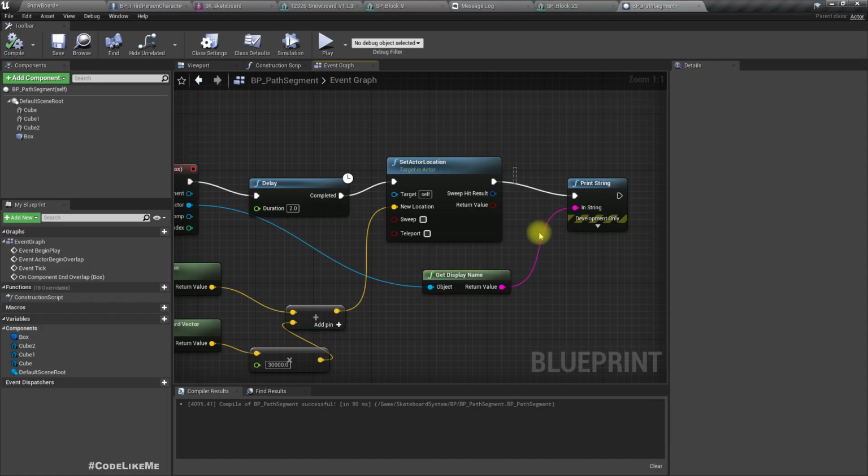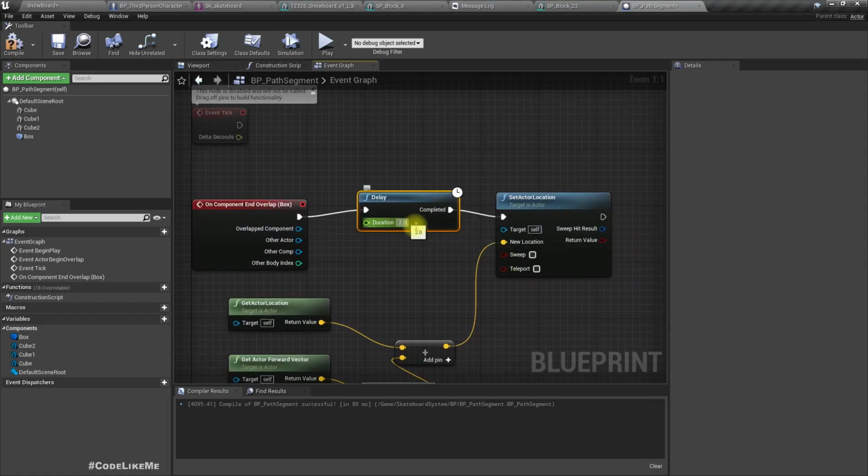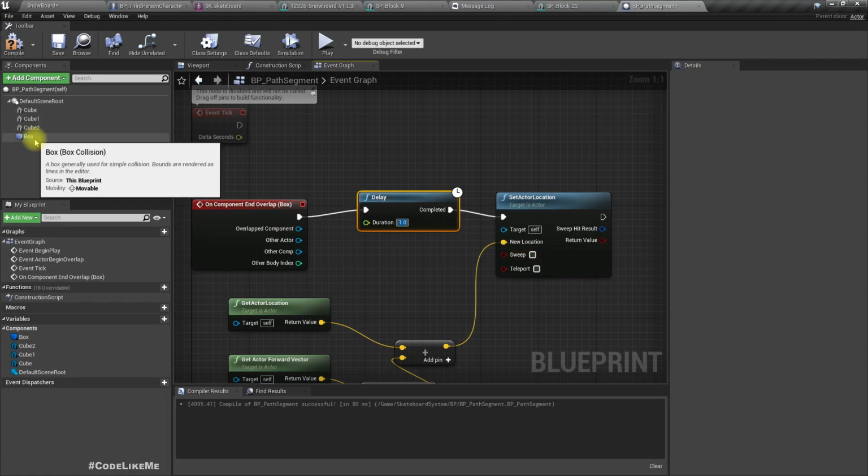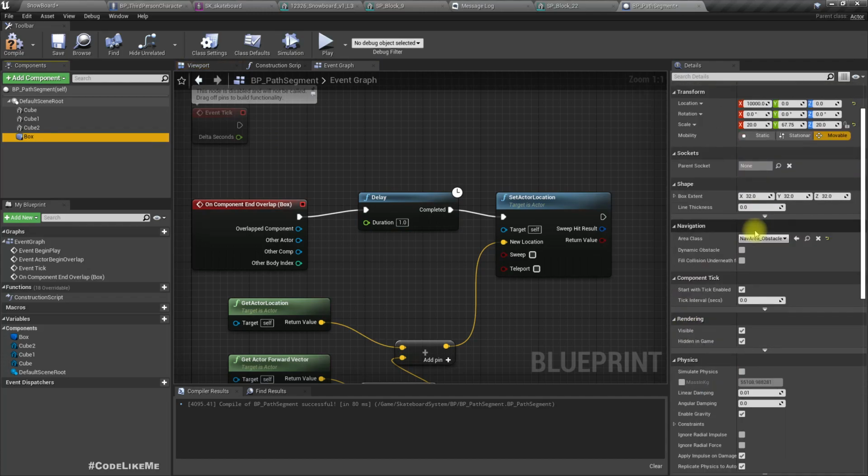Something is wrong. I think we are getting overlap events with other objects. So let me first set this to 1, and here let's set the